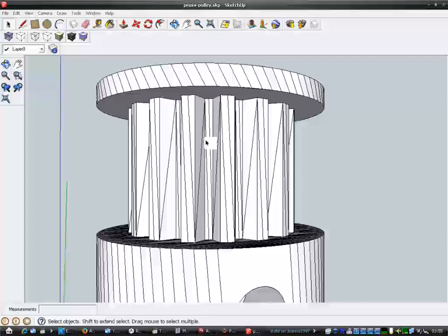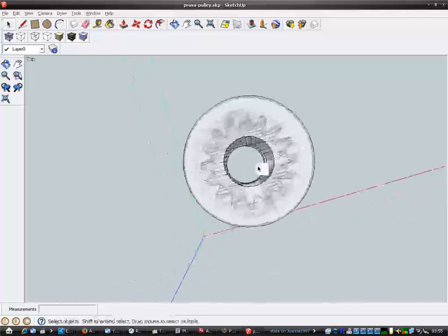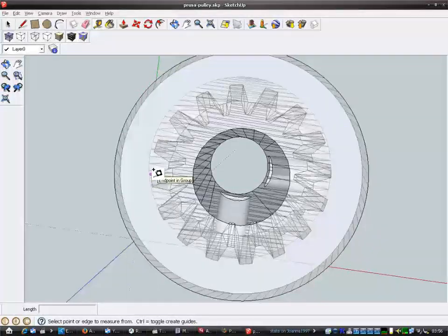It's important that the actual, I'll go on to the X-ray mode now. The distance between that tooth down here and that tooth is 9.6mm. That's correct, actually. It's important that that diameter is about 9.6mm, because what happens is,